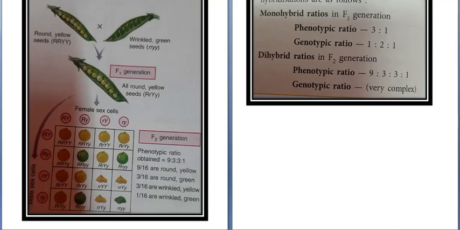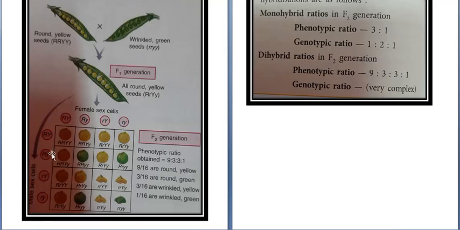In the F1 generation, first generation, it was found that all the plants which were produced had round and yellow seeds, but the genotype was capital R, small r, capital Y, small y. They were all heterozygous. Now 2 of these first generation were taken as parents and their gametes were formed. See the gametes. Gametes were capital R, capital Y, capital R, small y, small r, capital Y, and small r, small y. These are the only 4 possible combinations which can be formed from these.